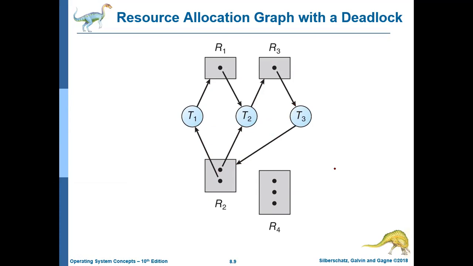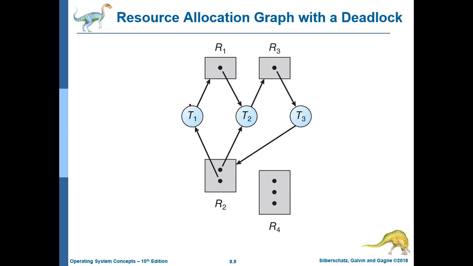Now, we found a cycle. Now we need to check whether it's a deadlock or not, because it is not sure that every time you get a cycle you will have a deadlock. Deadlock you have to check. How will you check? Just go through every process, and check whether there is a possible way of executing that particular process or not. You need to check all the possibilities. Now I am showing you the different ways to check.